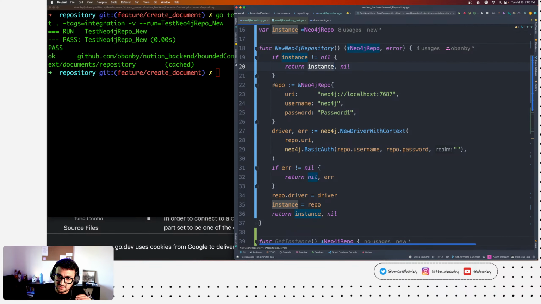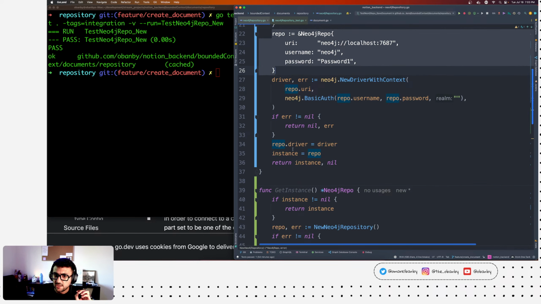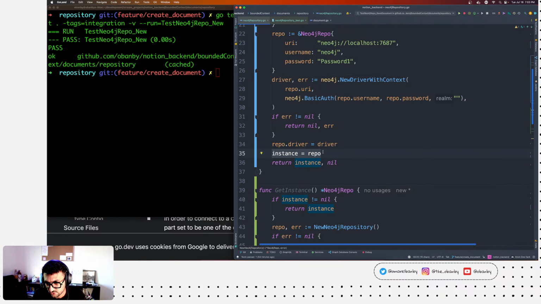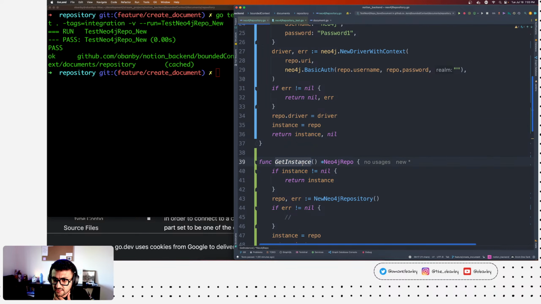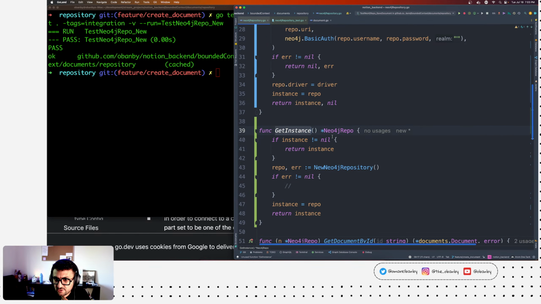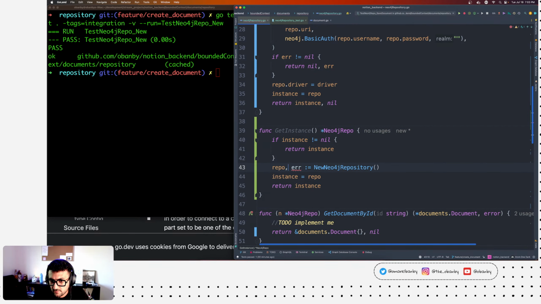If it is empty, we create a new repository and we assign that repo to the instance, and we return our instance. And the simplified version of it is the get instance, which will just return the Neo4j repo straight, and it does ignore the error in that case, right?